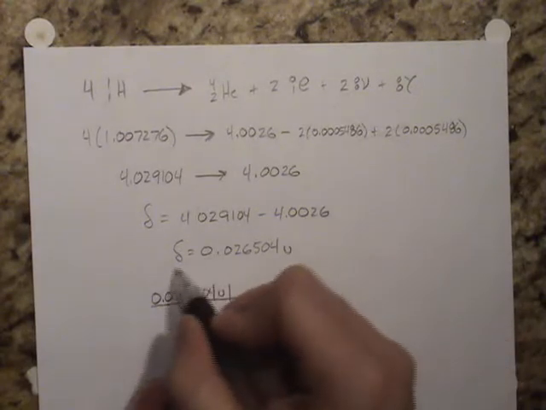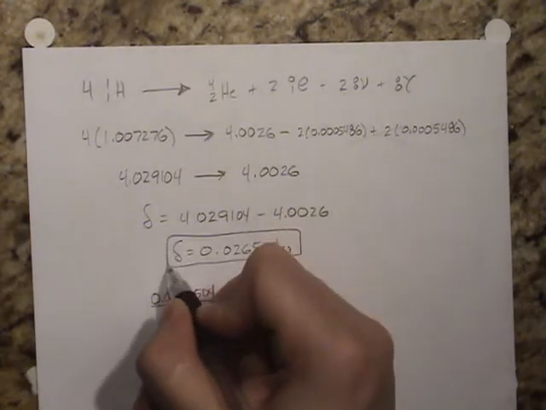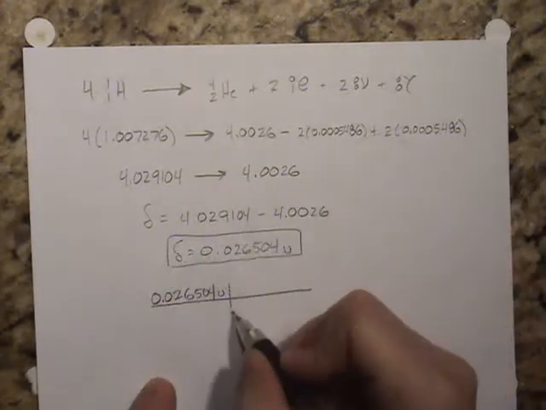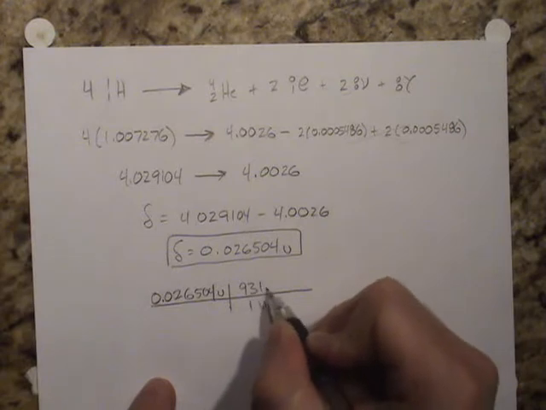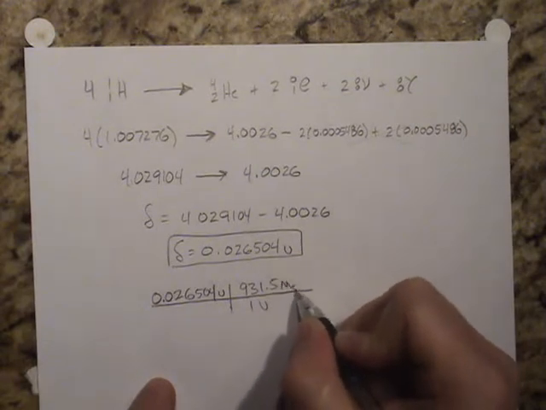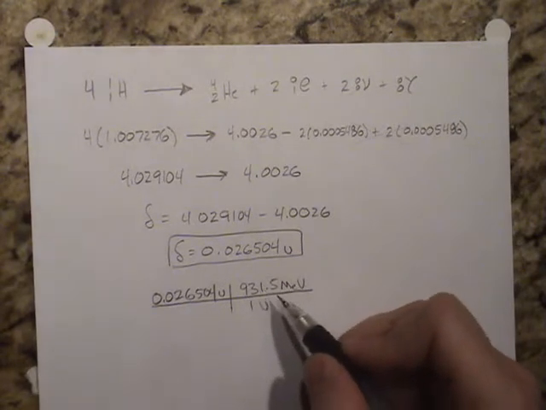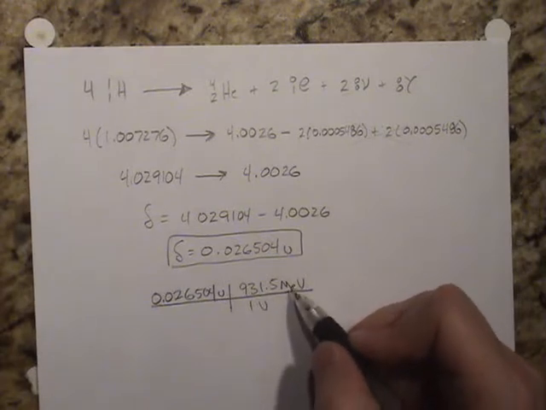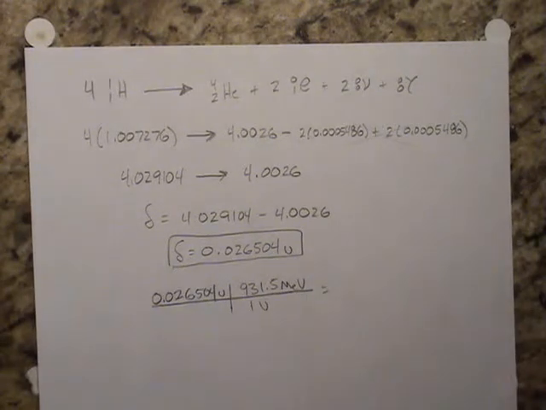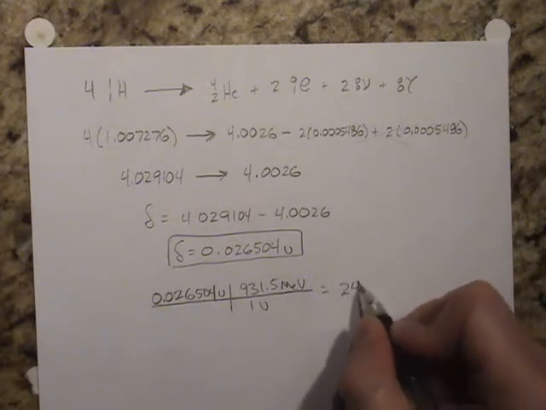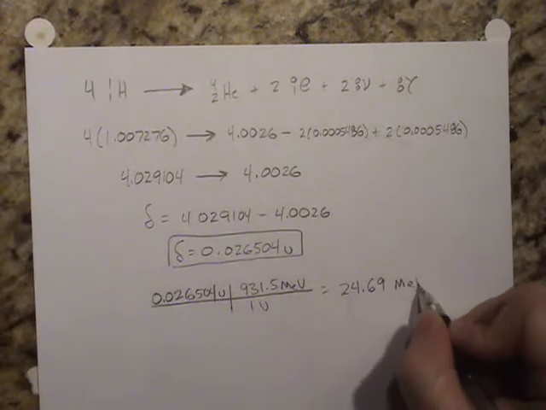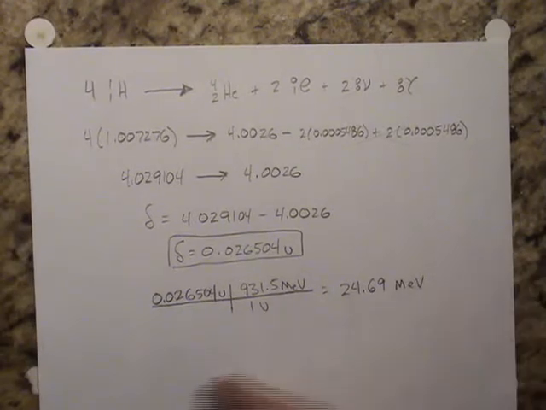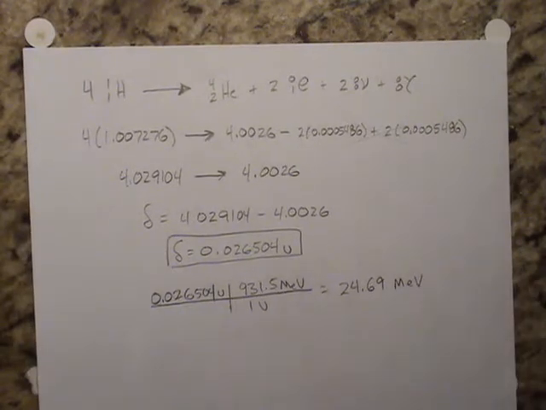Because we know that this number of u can be converted into energy through the following conversion factor. 1 u is equal to 931.5 MeV. So if we multiply this by 931.5, we end up with 24.69 MeV. Now that accounts for most of the energy,